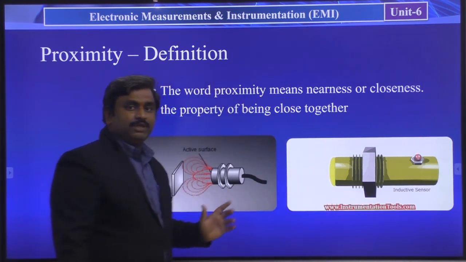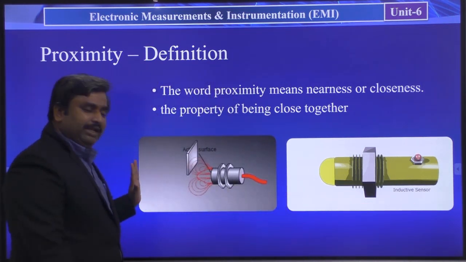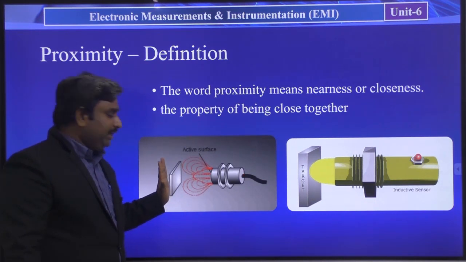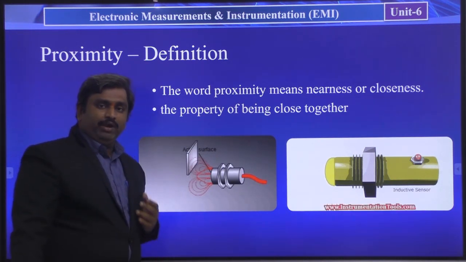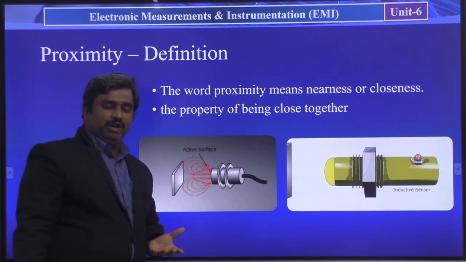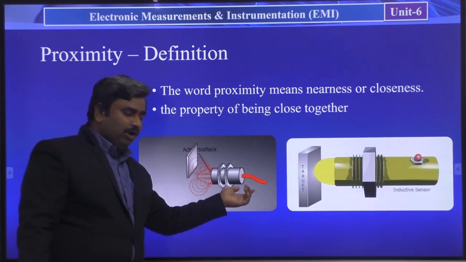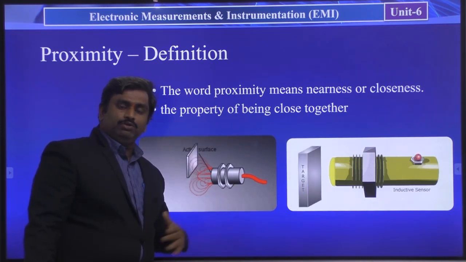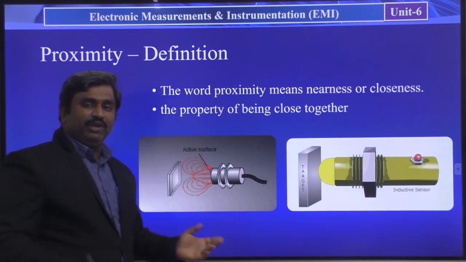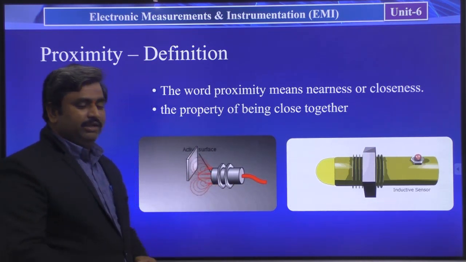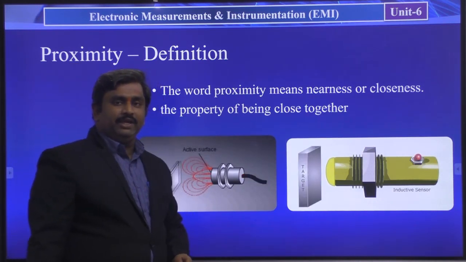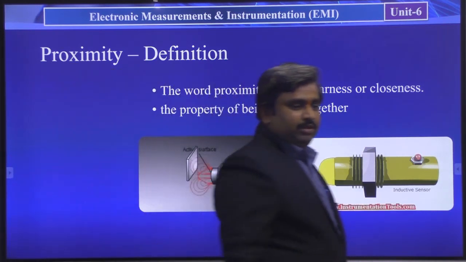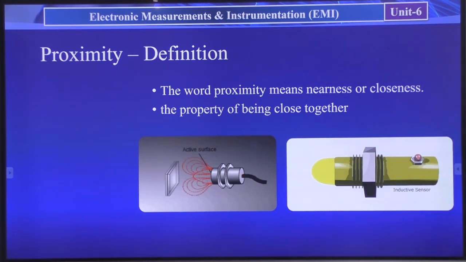In these two concepts, whenever some object comes near to this device, it is going to generate a different electrical signal. Previously if it was off, now it is going to be on. Previously if it was on, now it is going to be off. Like that, we can see the variation by using this type of proximity sensors. See these examples.